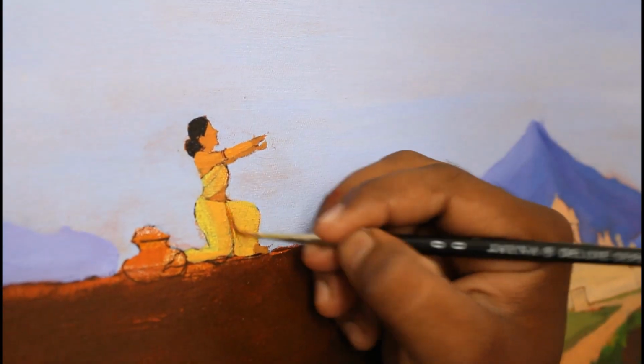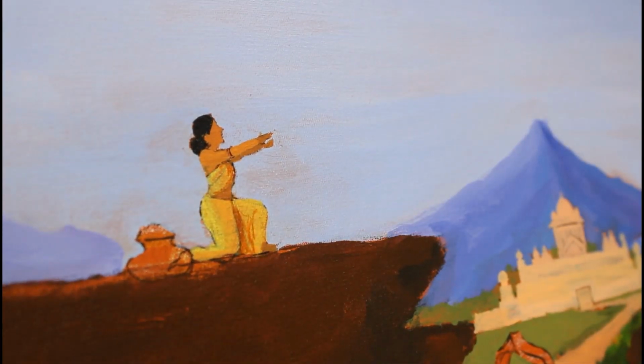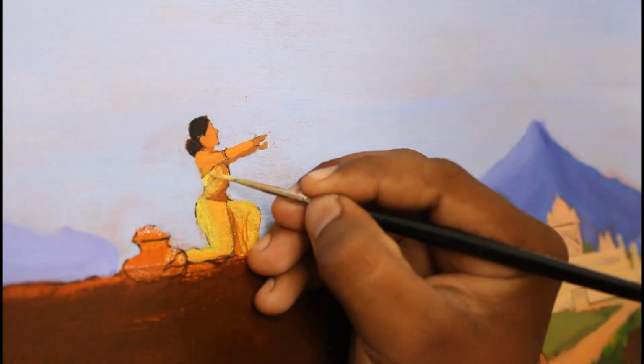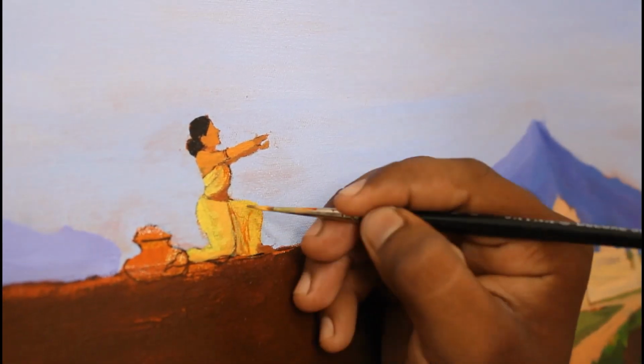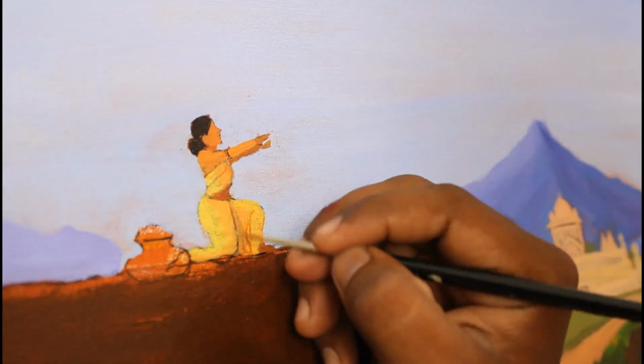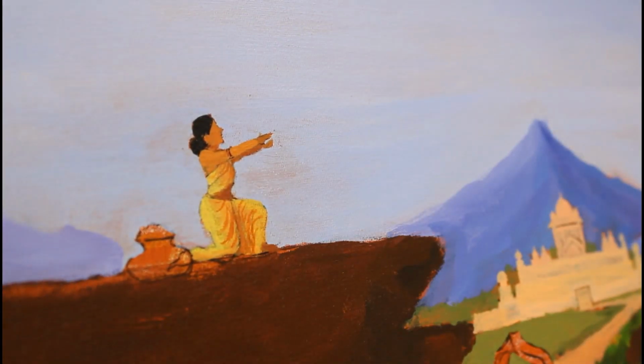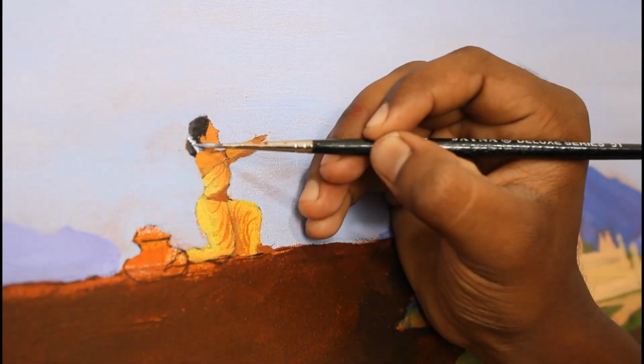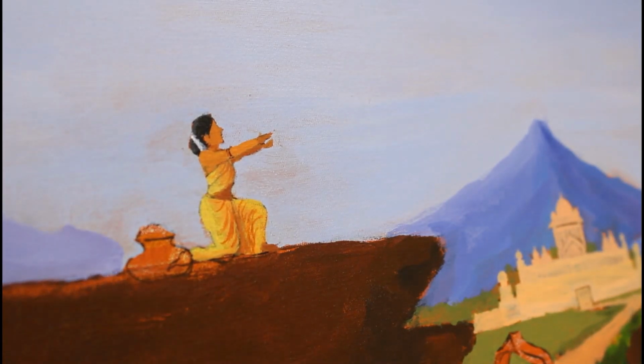Later, I'm going to color the flowers. I'm going to draw the flowers also. At the final process, we are going to color. I'm adding a little more yellows. In this painting, we don't have a sun, so I'm just representing this lady as a sun. That is the reason I covered her with the yellow sari, right? Adding a little more colors in her head to give a little bit of